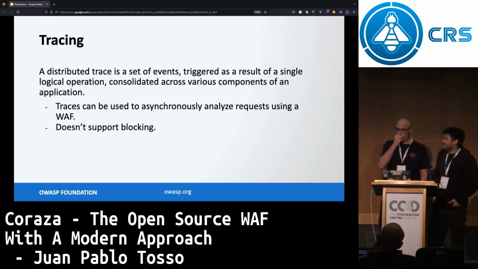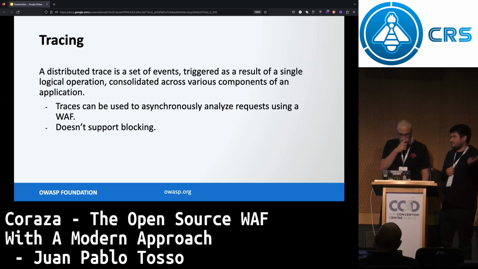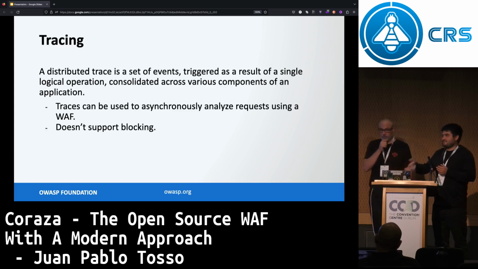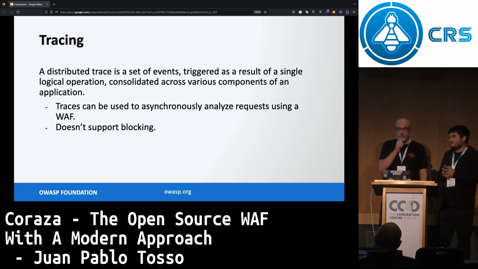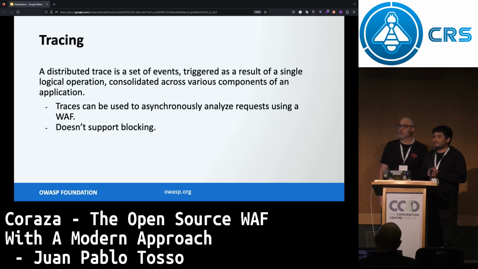Okay, so regarding tracing, I guess you must have heard about how traces work. Traces are a concept of how you take some data from an application with some metrics or some information. You send it to a collector, and the collector will perform some post-processing of that data. What's interesting is that all current web servers and frameworks support open tracing standards.